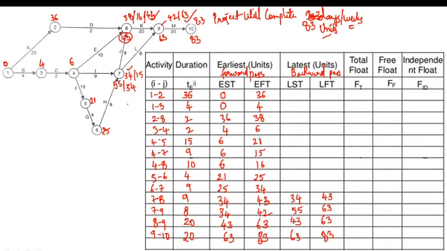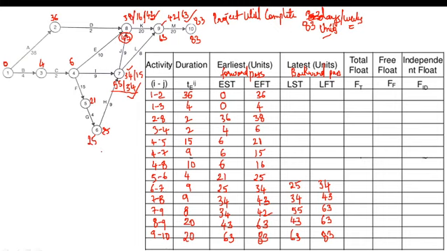At the 7. Now consider 6 to 7 activity. Which time will we consider, more time or less time? In backward pass we will consider less time. So latest finish time is how much? 34 we have. 34 minus duration 9, how much value will we get? We will get the value 25. For 6 to 7 we have got 25.